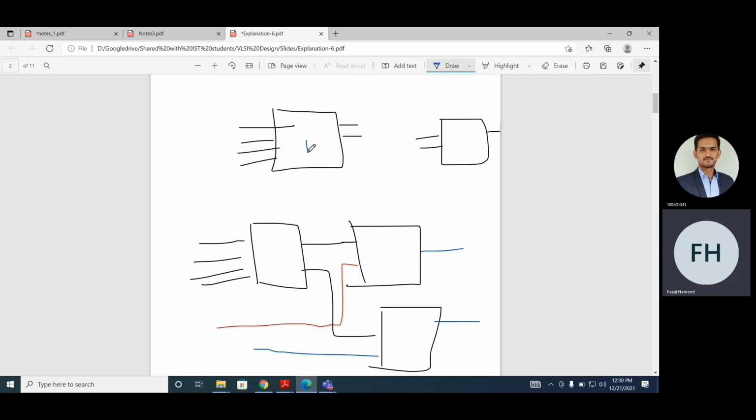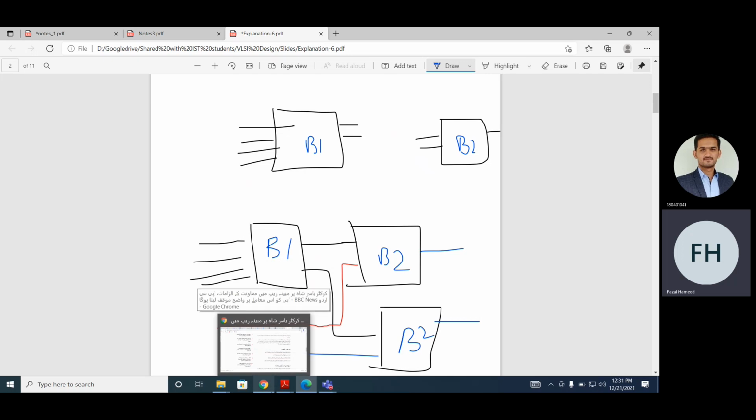This is B1, this one is B2. So this type of method, when you have some blocks and then you connect them together, this design method is called schematic.